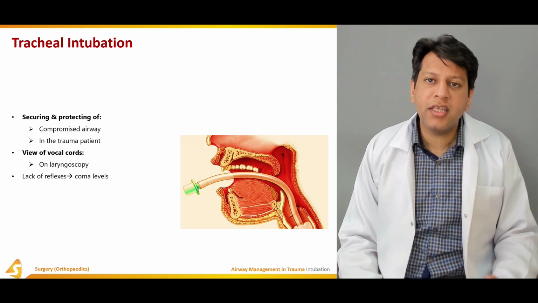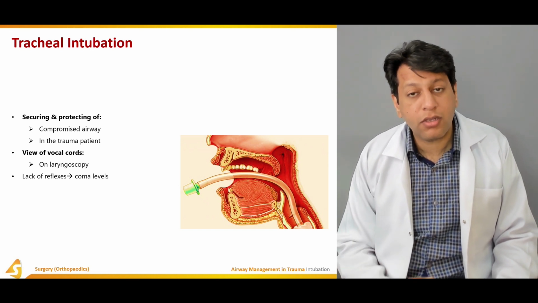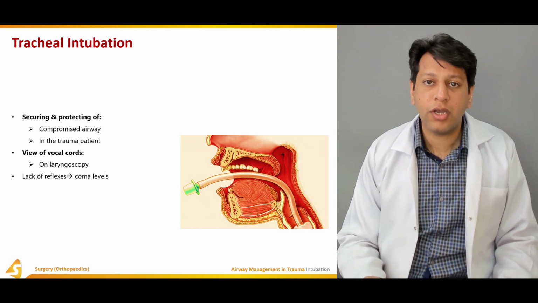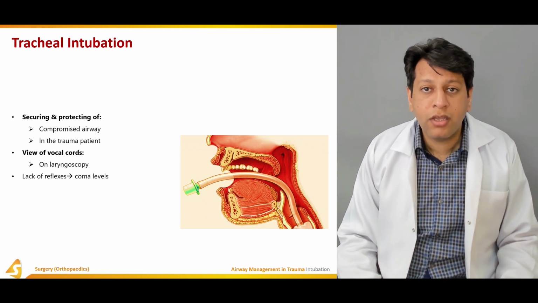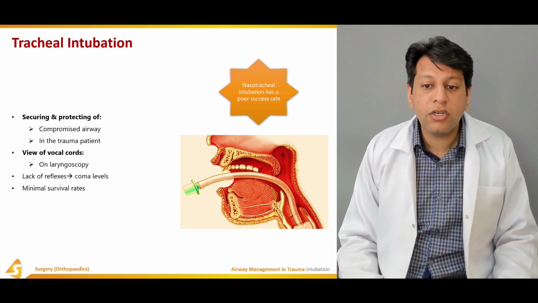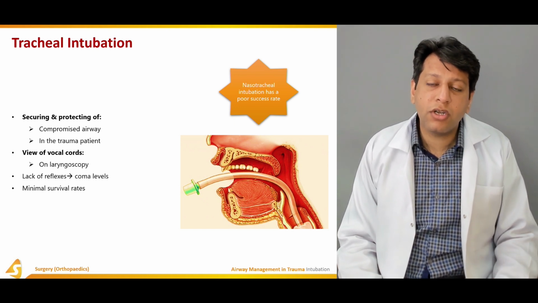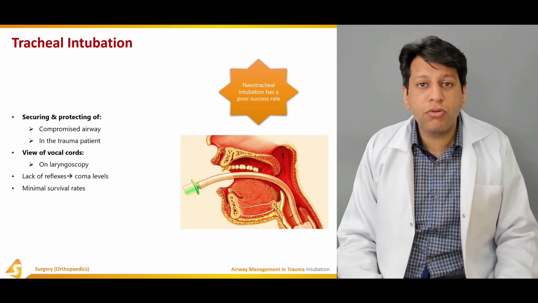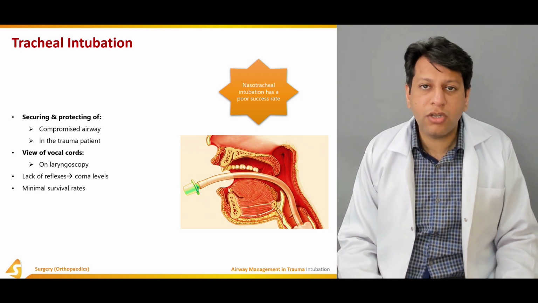So there are specific indications of ETT, unless the patient is in a coma or patient GCS is below 8, that the patient probably is in such a condition that it requires airway compromise. If the patient is in airway compromise, the patient may require an airway for proper ventilation. Nasotracheal intubation has a poor success rate, although if for any reason we cannot pass endotracheal tube, which is more of an oropharyngeal way, then probably nasotracheal tube is an option. But although it is less utilized, and also it is not usually indicated because endotracheal tube can easily be